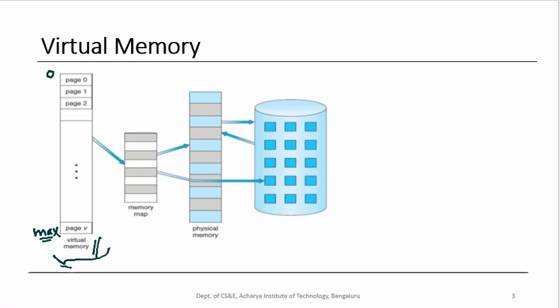So what I am trying to say here is, if you have a program P, the programmer should not be bothered about how this program is going to be divided into multiple pieces or chunks, and where these chunks are going to be stored in the main memory. You should not be bothered about all those things. All he has to bother about is writing the logic properly to solve the given problem.